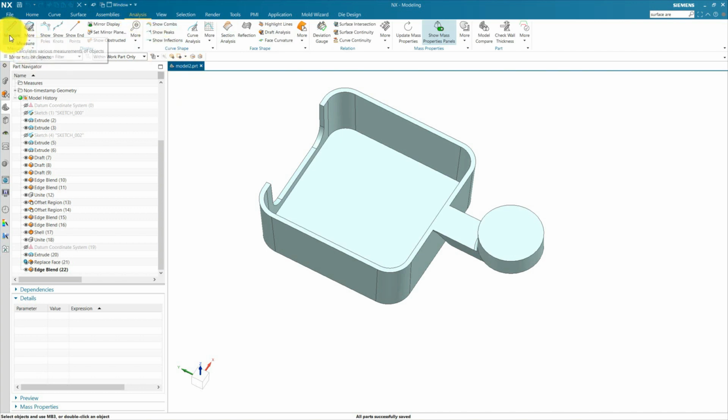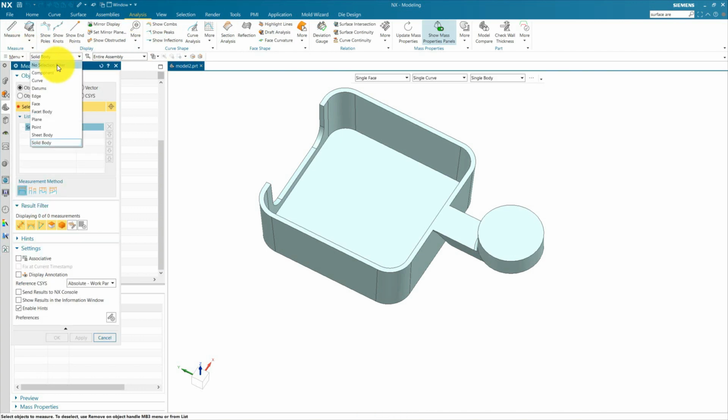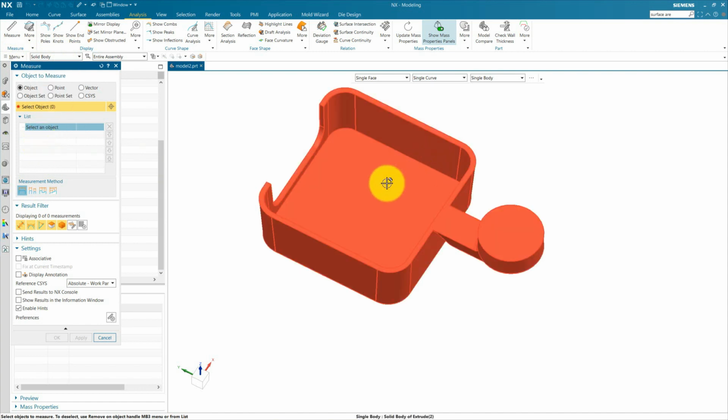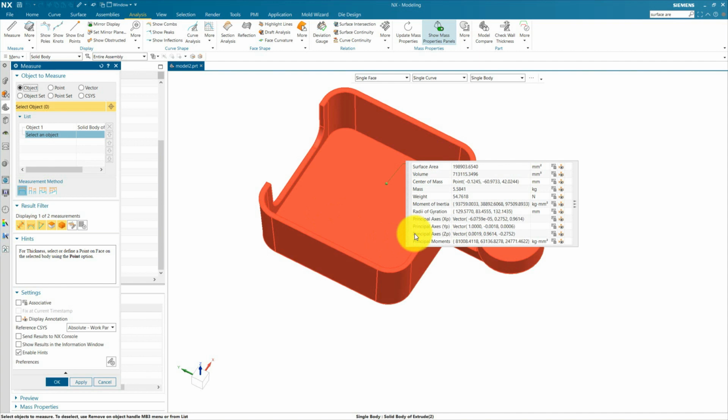Go to our measurement. Inside measurement, we are going to use the filter and select a solid body, and then select this solid body. When we select this solid body, we will find this center of mass. Click on this expression. We'll save an expression for our point. Click on that. After clicking that, you can see associativity is on. Don't click on fix at time stamps. When you click this, it will not update when you work on the model after this measurement.